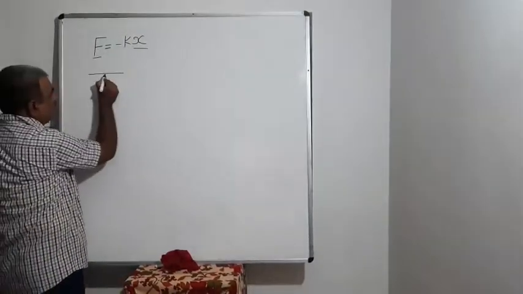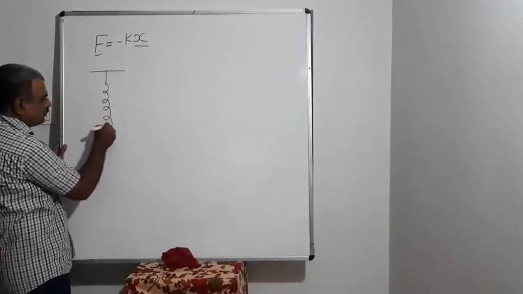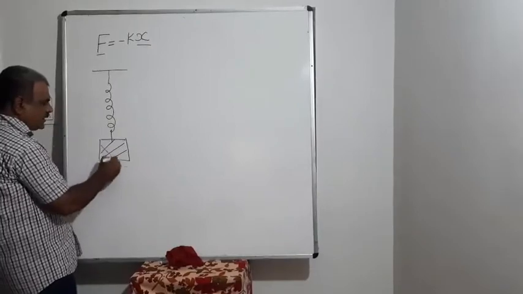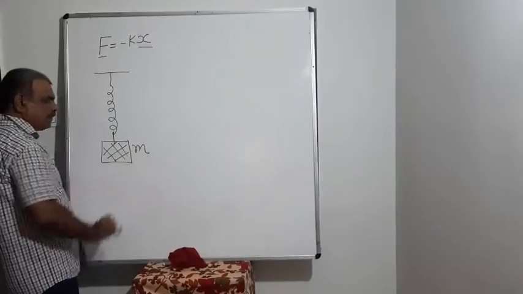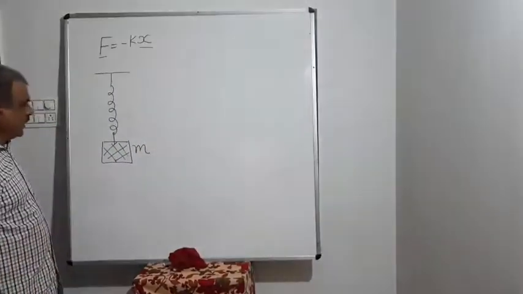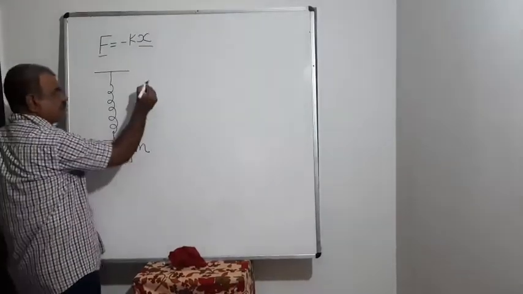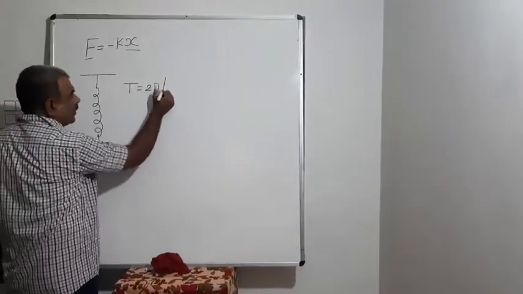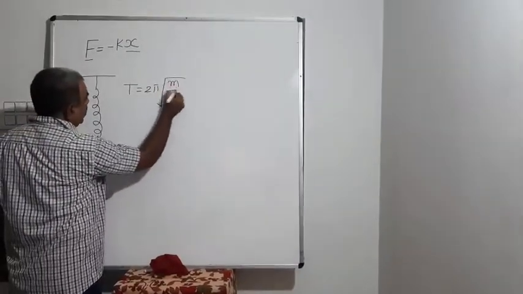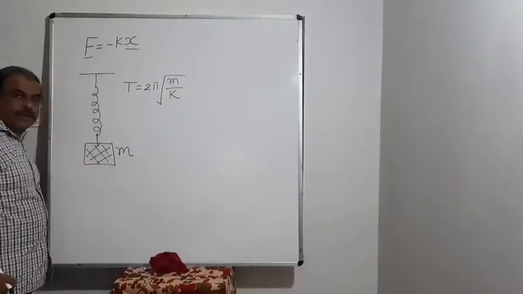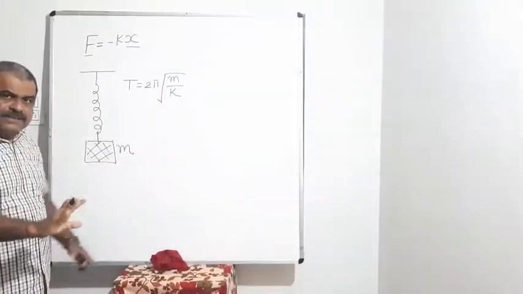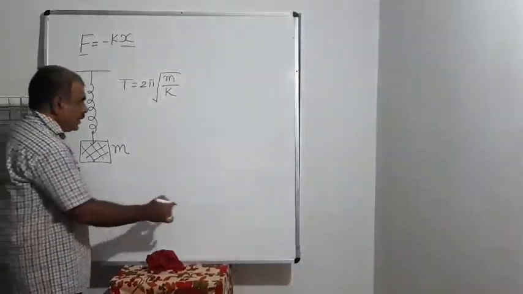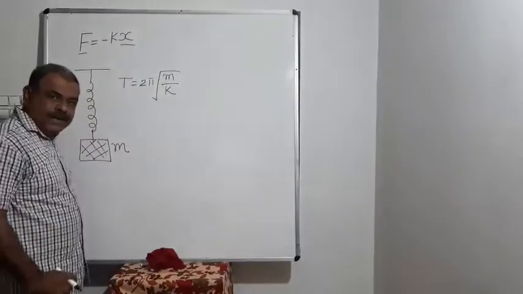Now, whenever we are having motion at the end of a spring, let's say a small block of mass m is attached at the end of the spring. In that case, you people know the equation of periodic time: T is equal to 2π under root of m by k. Quite a simple concept, you know it properly, but how to apply that is, first of all, for a spring, remember,